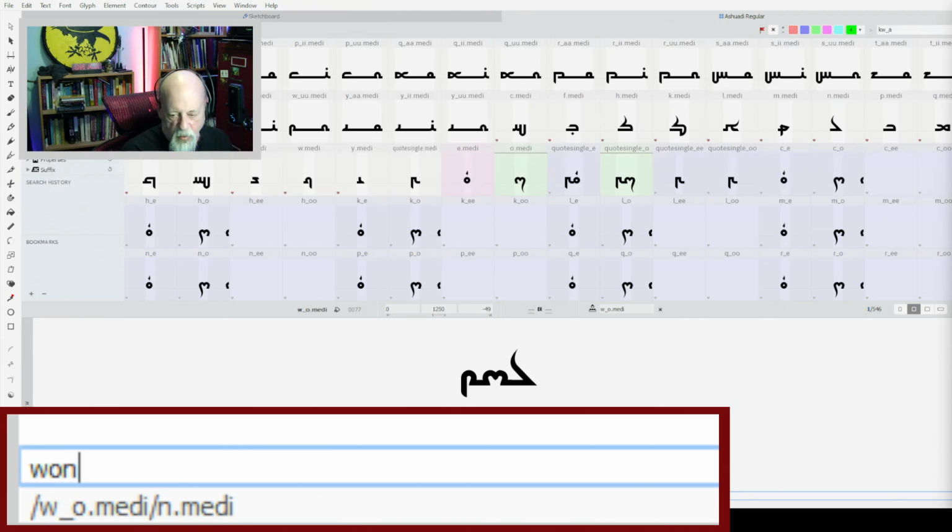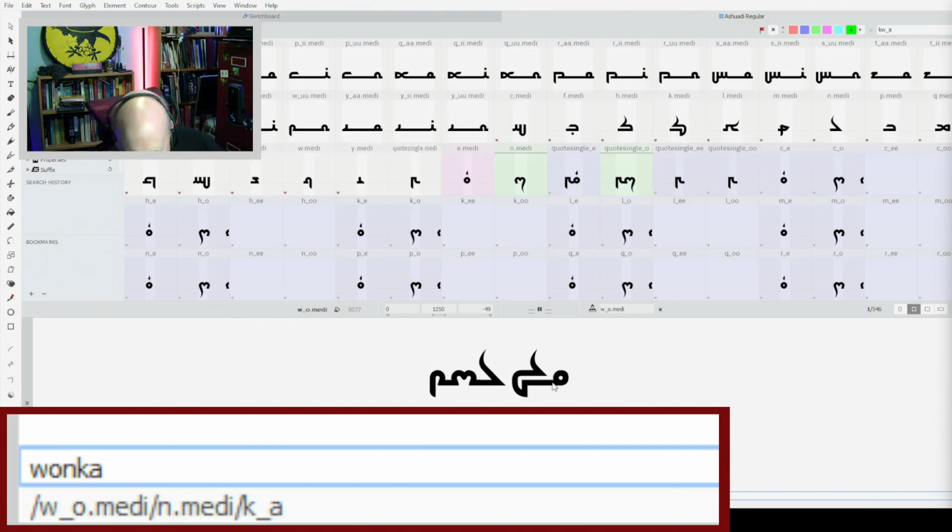But let's say like Willy Wonka. Wonka. K-A. There is K-A. So, first syllable, second syllable. Said, "This is very cool, must be a lot of work." It has been a stupid amount of work. But